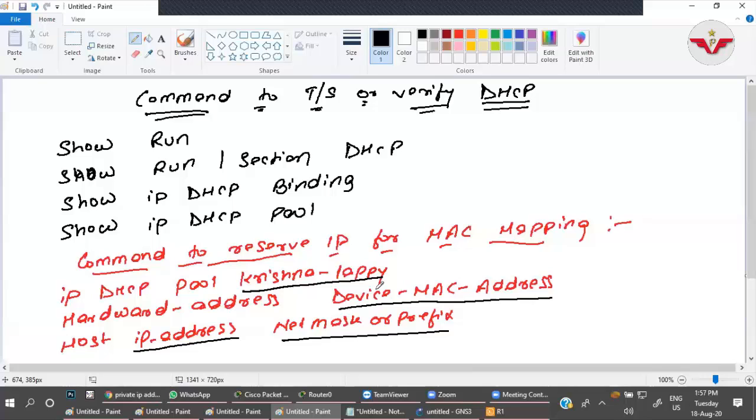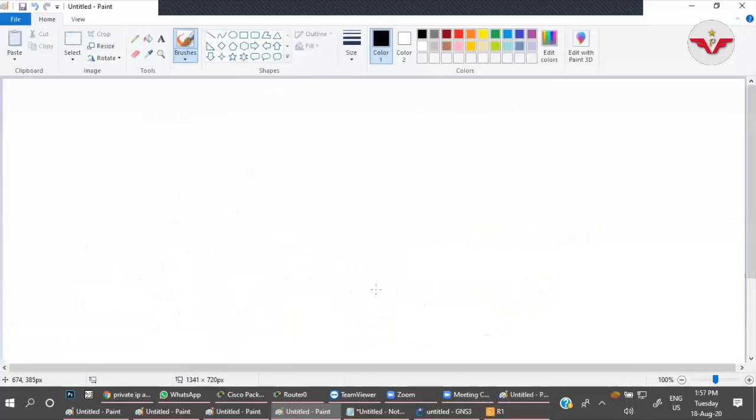So what would be the command? Let me write it down. Clear IP DHCP binding and question mark. Question mark means as per your requirement. So what is my requirement?